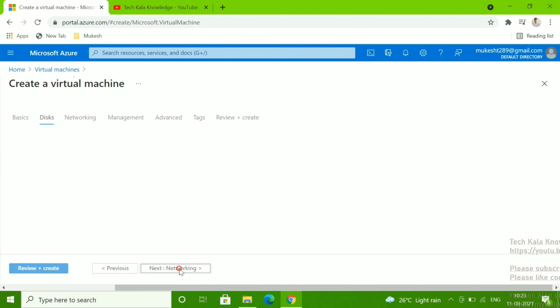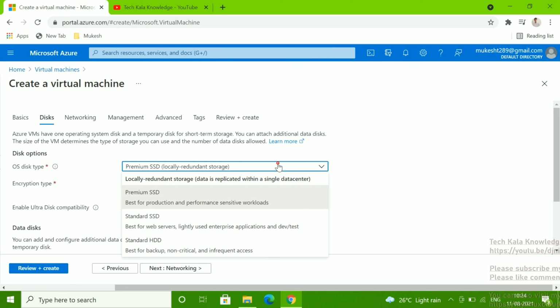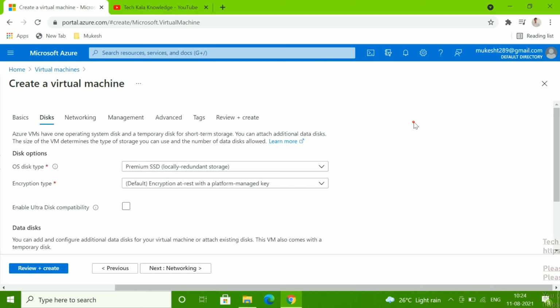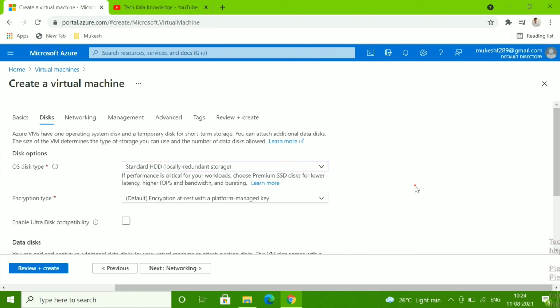Now click next. In the next option, disk. There are two types of disk, one is premium and one is standard. Premium is costly, and premium is SSD, while standard is HDD. I'm going to select standard HDD, because this is my test machine.